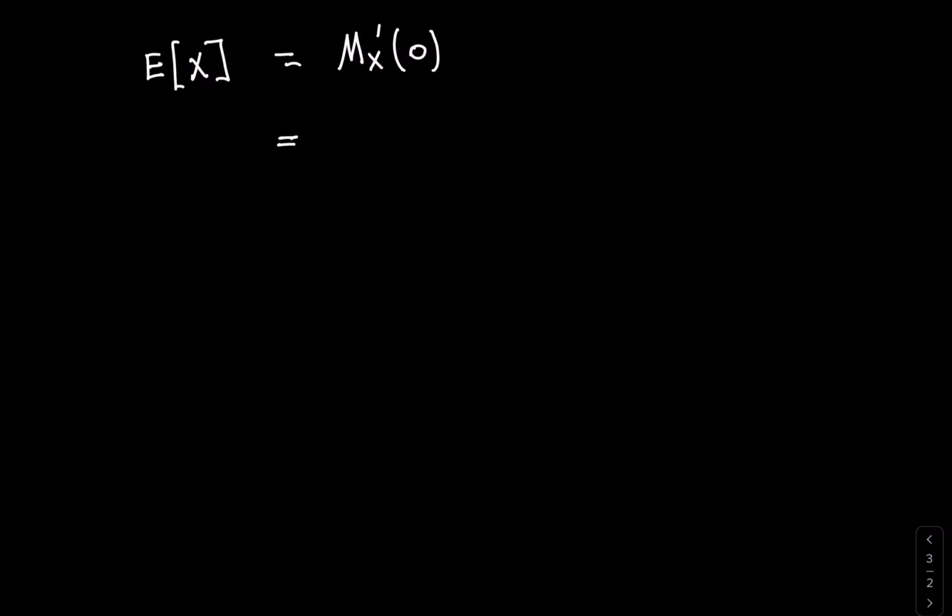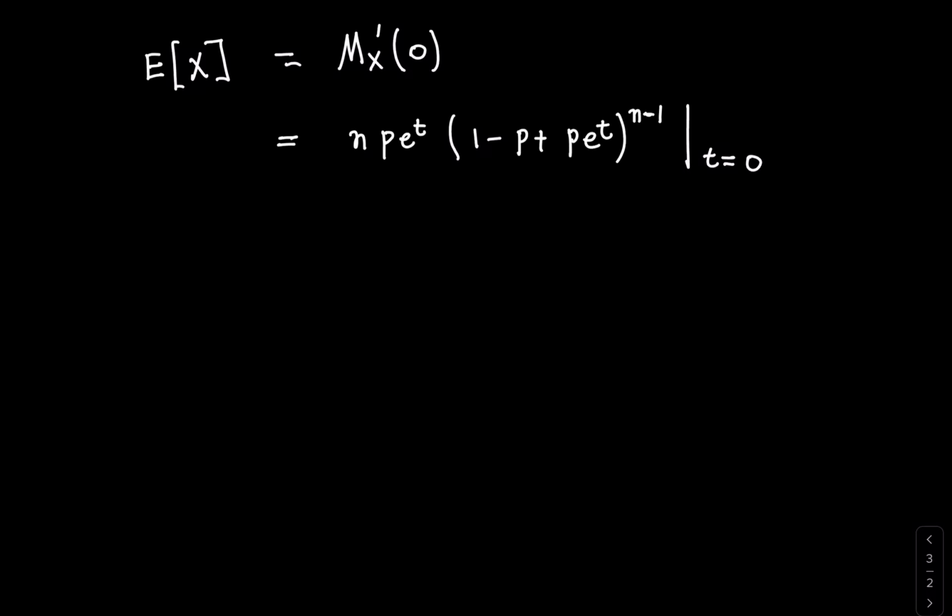Now I'm just going to put in our expression that we derived before, so that became n p e to the t. Then we've got 1 minus p plus p e to the t to the power of n minus 1. And then that is evaluated at t is equal to